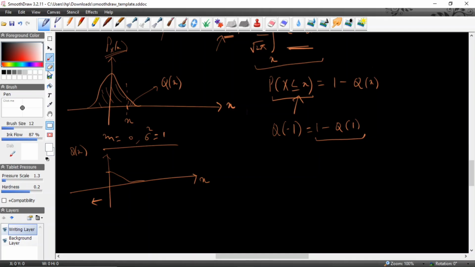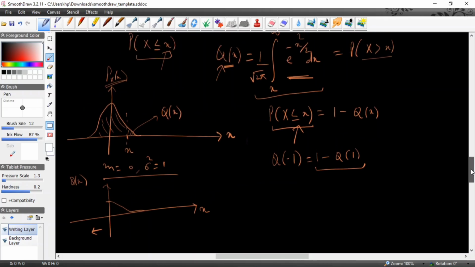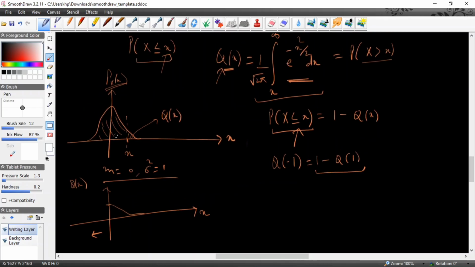if you see, Q of minus 1 means the probability, or the area under this PDF, for the points which are greater than minus 1. This is what you will get for Q of minus 1. So from minus 1 to infinity, you have to integrate this PDF. That is the area under this curve. And since this Gaussian PDF is symmetric,